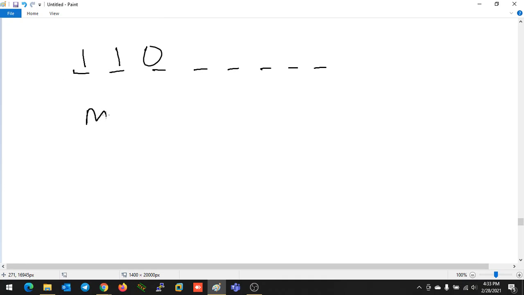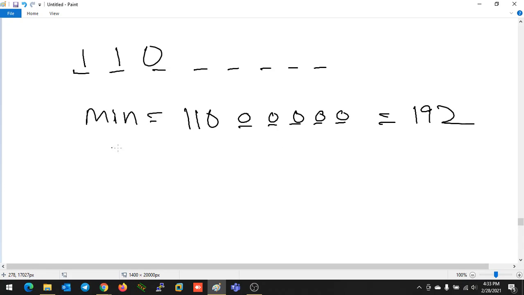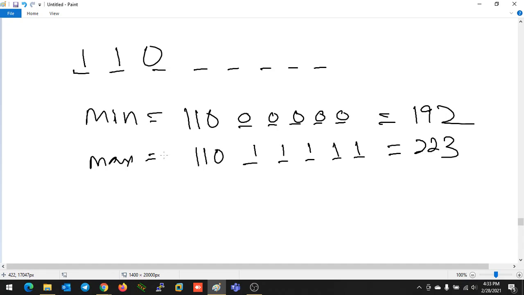To find the minimum value, the first 3 bits are 110 and the rest 5 bits are all off, which will come to 192 in decimal. For the maximum value, the first 3 bits are 110 and the rest 5 bits are all 1, and the value will come 223. So that's why the range of the first octet for class C is 192 to 223.